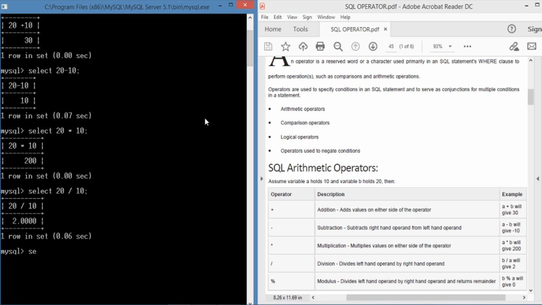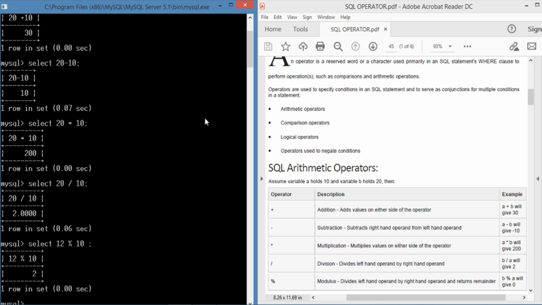Select 12 modulus 10 semicolon. After performing the modulus operation between 12 and 10, the remainder is 2. So the output is 2.